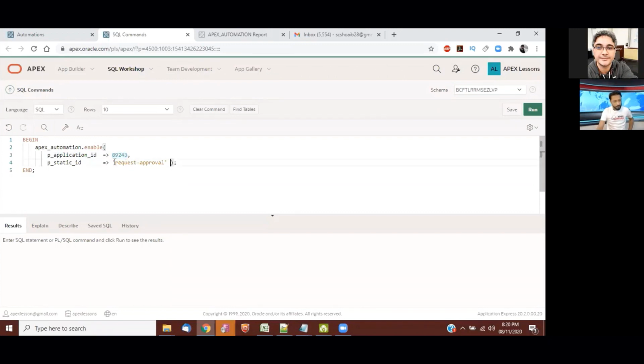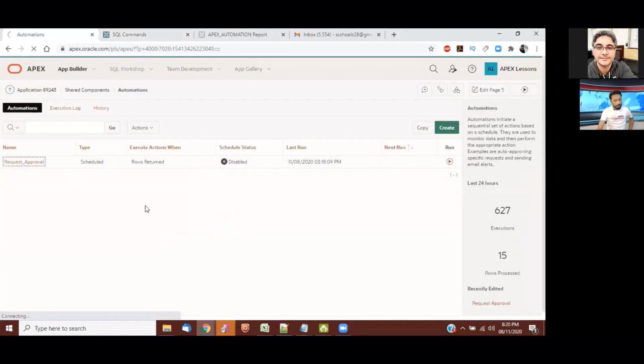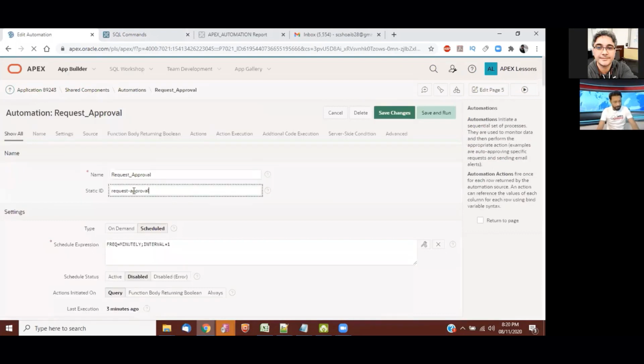And this is the static ID of my automation process, which I have already told you about. Once I open it, I can see the static ID of my process, request_approval. Let's suppose it is 123, then I will use 123 as the static ID here.